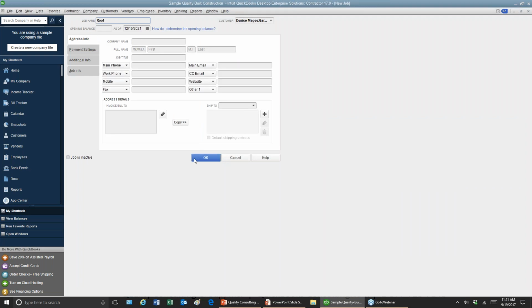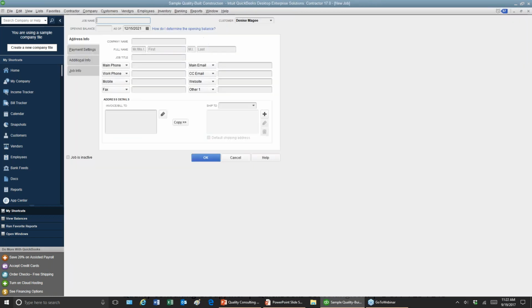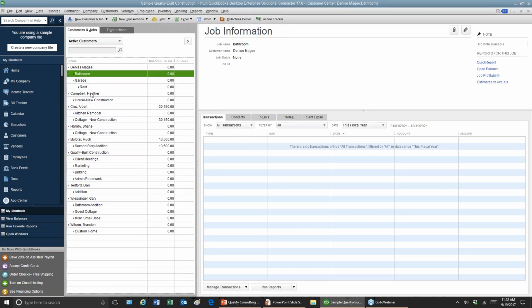Maybe I'm breaking down into different parts of that job. I wouldn't necessarily say that if I'm building a garage, I'd break it down in here as foundation, roof. That's not what I'm saying here. I'm just saying that, of the garage, maybe you're just doing the roof as that job. But maybe in the bathroom, you'll be doing another renovation, another job later on, called bathroom. So you can see how you can start adding the different jobs and keeping track of them. And when you're done with those jobs, you can make them inactive, but the customer still stays active for potentially marketing or doing another job down the road.